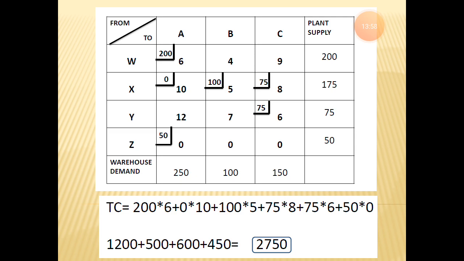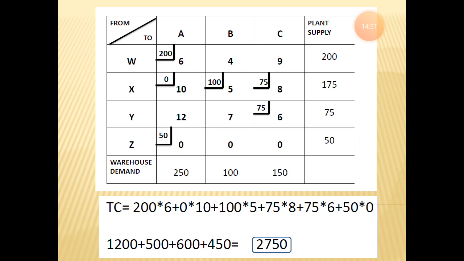Check the problem often to see whether you are correct or not in the exam. In the exam, if the question paper asks you to solve for a basic feasible solution by the northwest corner rule, you have to solve by the northwest corner rule only, or by the WAM method, you have to solve by the WAM method only, and other methods also. If they ask for a particular method, you have to solve that method.